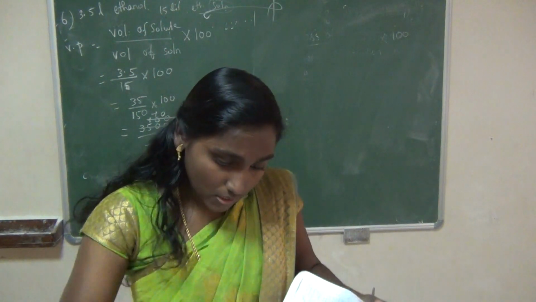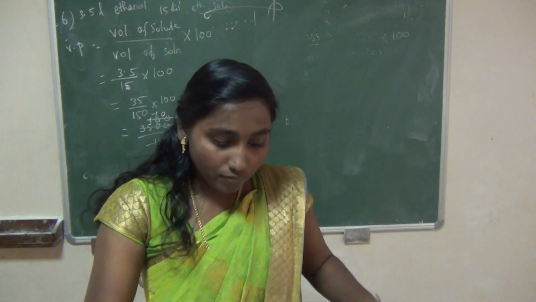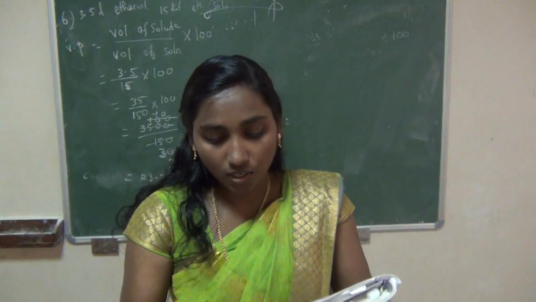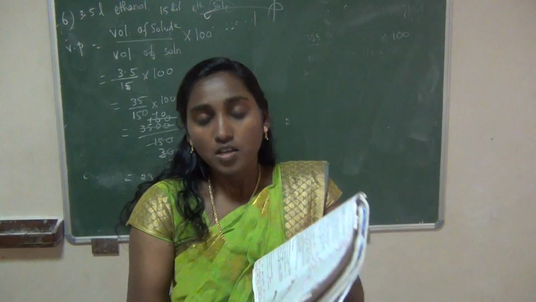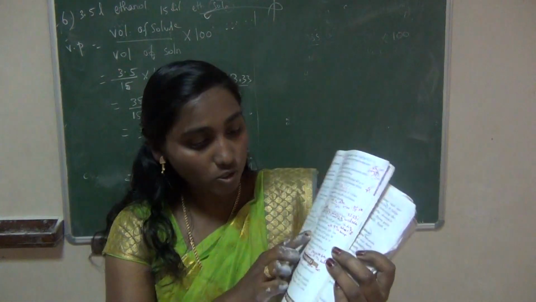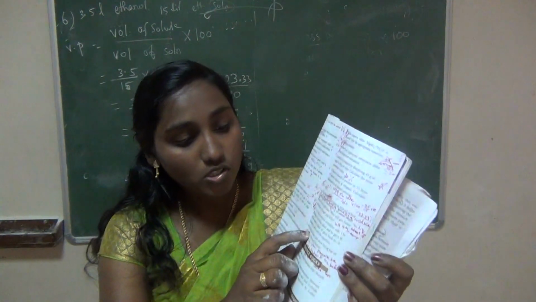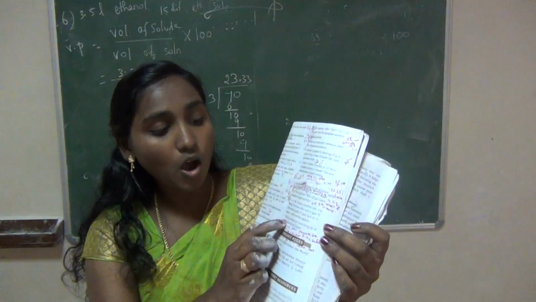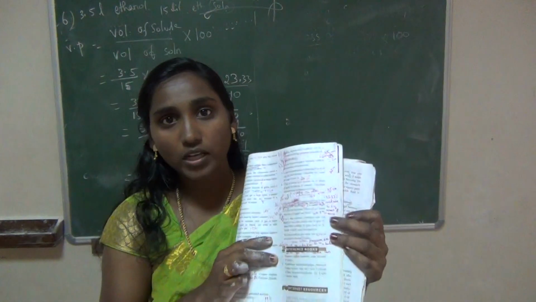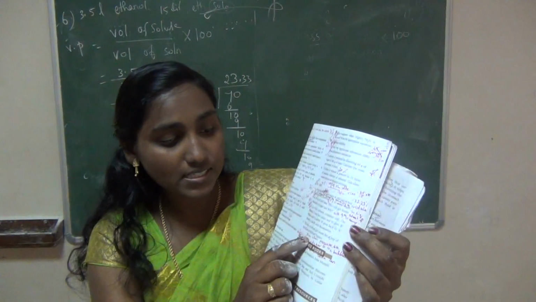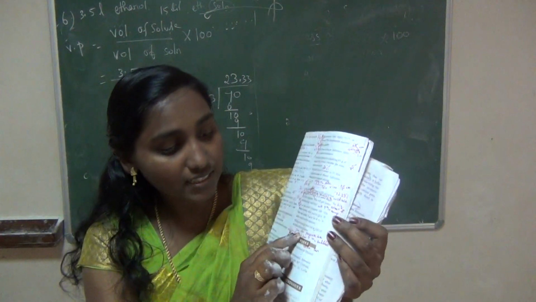Then the third question: will the cool drinks give more fizz at the top of the hills or at the foot? Explain. So write the answer. Start from the question itself, you can mark it, okay? Cool drinks give more fizz at the top of the hills due to the pressure. So write it. Cool drinks give more fizz at the top of the hills, since when pressure decreases,